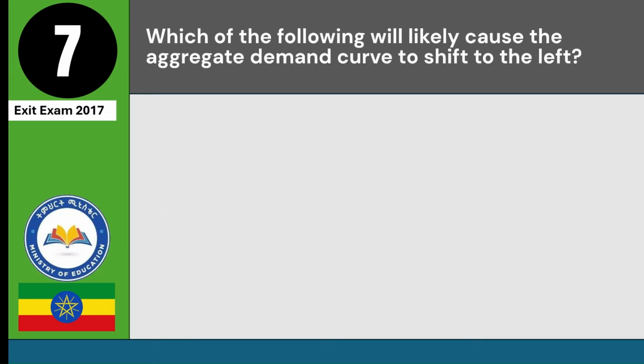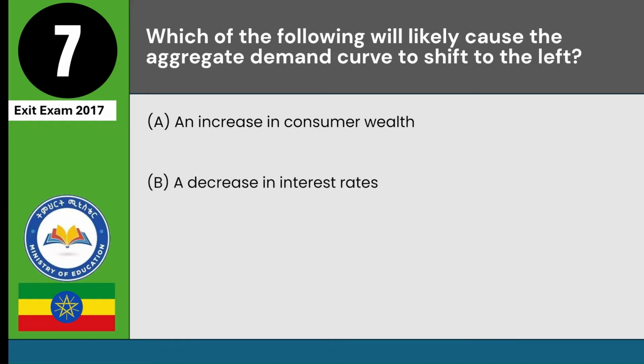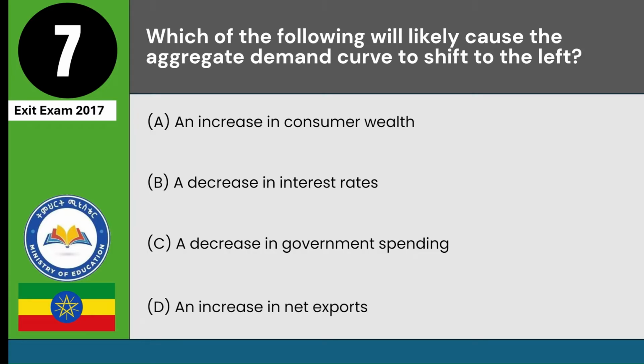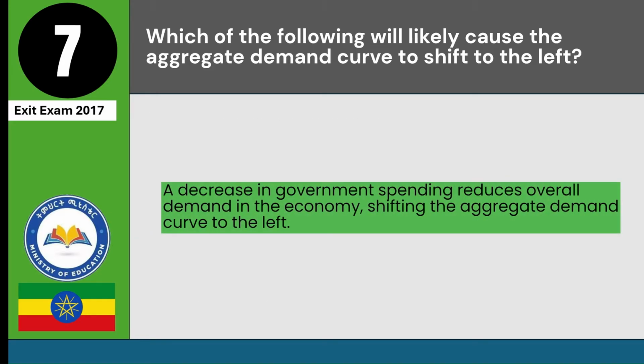Which of the following will likely cause the aggregate demand curve to shift to the left? A. An increase in consumer wealth. B. A decrease in interest rates. C. A decrease in government spending. D. An increase in net exports. Answer: C. A decrease in government spending reduces overall demand in the economy, shifting the aggregate demand curve to the